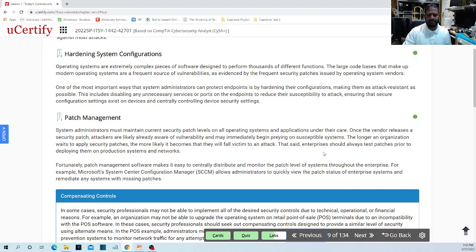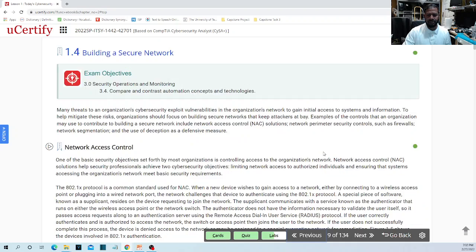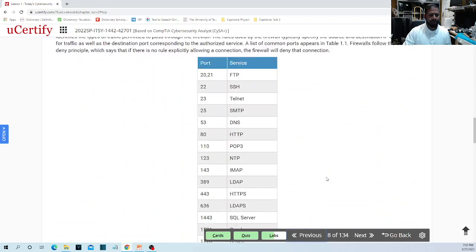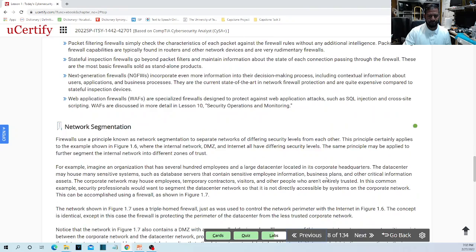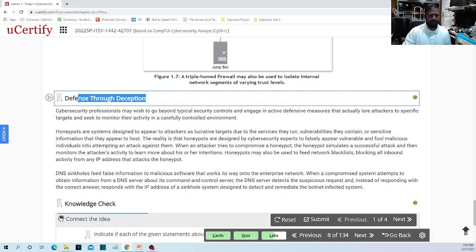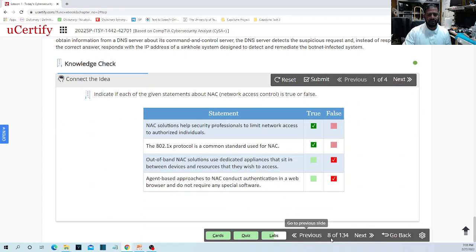Previously, we were talking about honeypots and network access control. The DMZ is right here. Okay, network segmentation and defense through deception. That's where you're going to learn about the honeypot, as I just discussed. Okay, now going to the next topic,